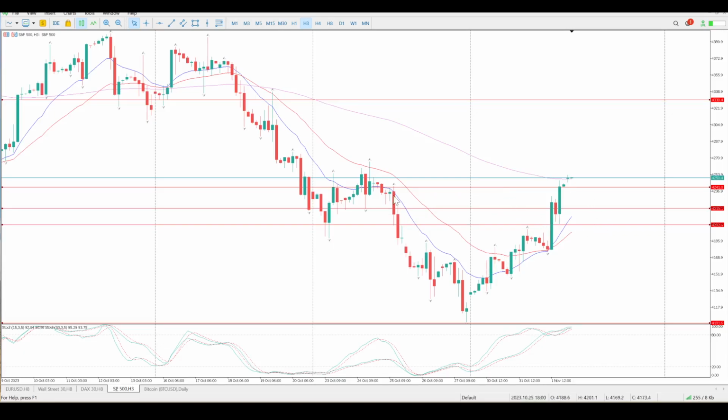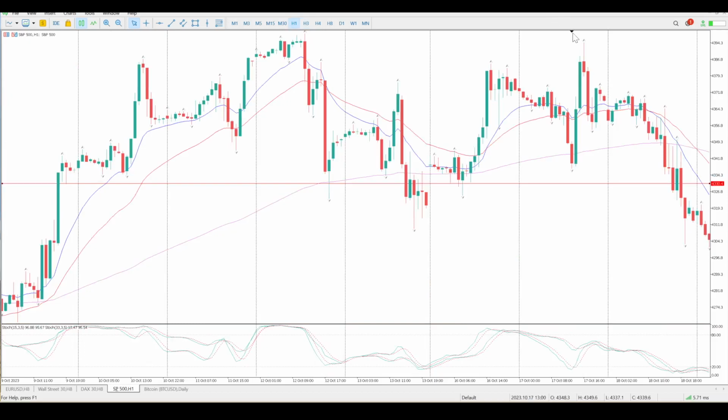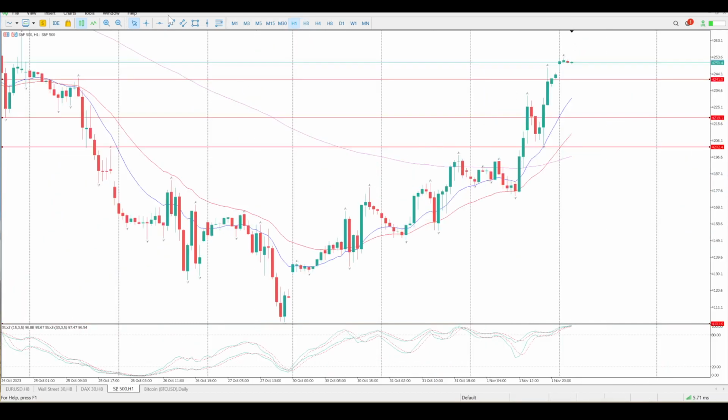So what we do have here is a break of a channel, and we spoke about the channel yesterday, and I'm just really going to do this quickly. It's clear as mud. There's our channel. We've broken to the upside. So now typically, if we're looking at this as a bear flag, and we broke the upside, came back and tested it, which is really strange price action, and then bounced off. So there's only a 25% probability that it's going to continue above this channel. 75% probability of it coming back and then basically breaching to the downside.